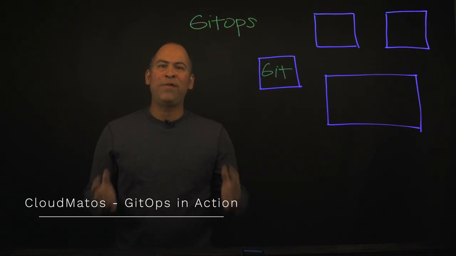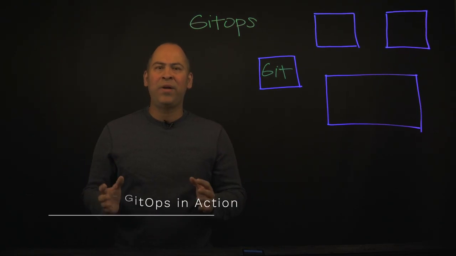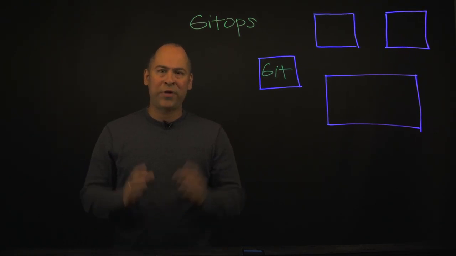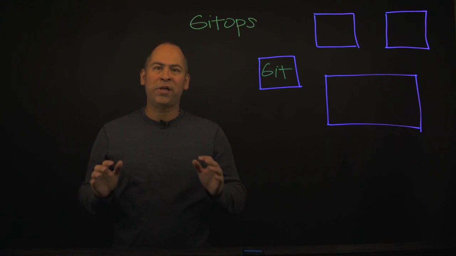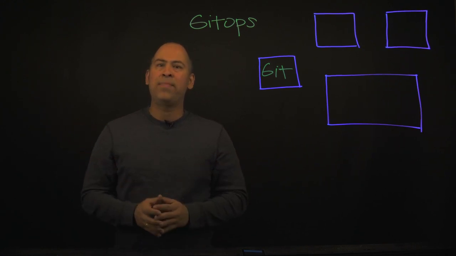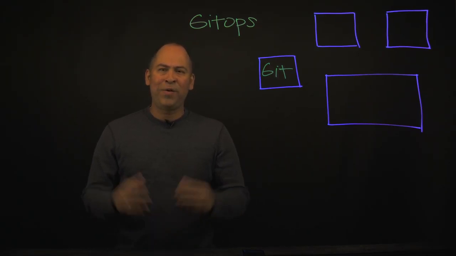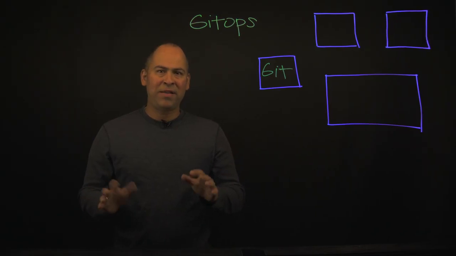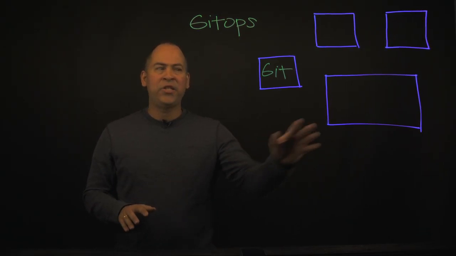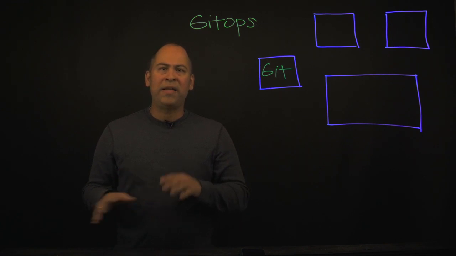GitOps is a declarative workflow model for deploying applications and managing cloud and Kubernetes infrastructure through Git, the de facto version control system. It serves as a single source of truth, providing benefits such as revision and change control. With a declarative model, instead of individual team members managing Kubernetes via command line scripts or GUI and storing configs